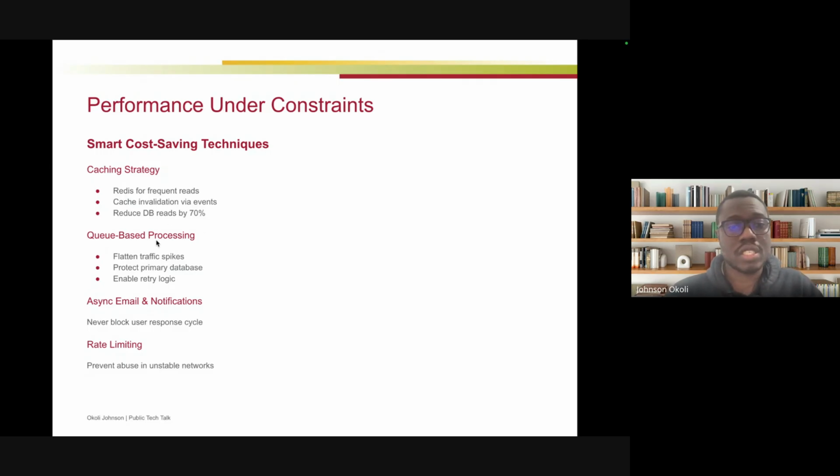Then queuing processes, I mentioned this earlier. So you could use all these BullMQ or all these processes to be able to prevent spikes. So let's say, for instance, you have a sudden rush on your system. Instead of overloading the system, they all get queued to a particular process, and then they are processed in sequence